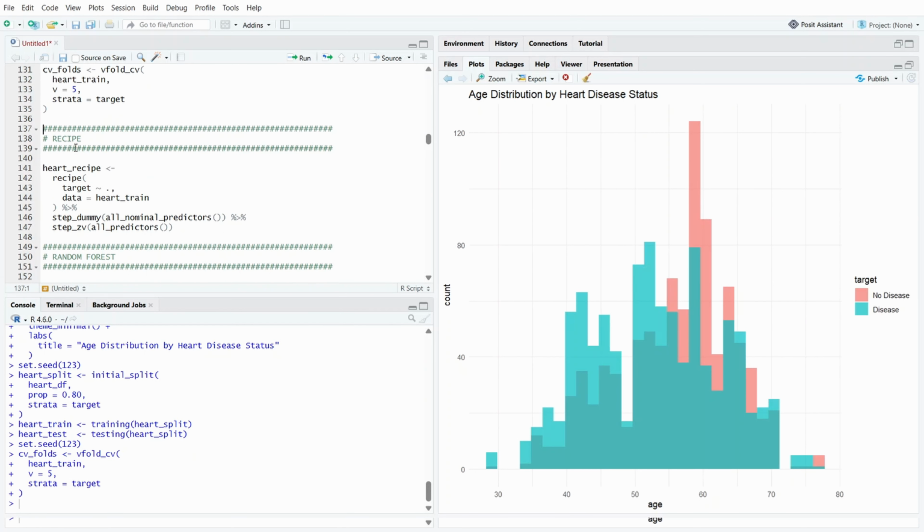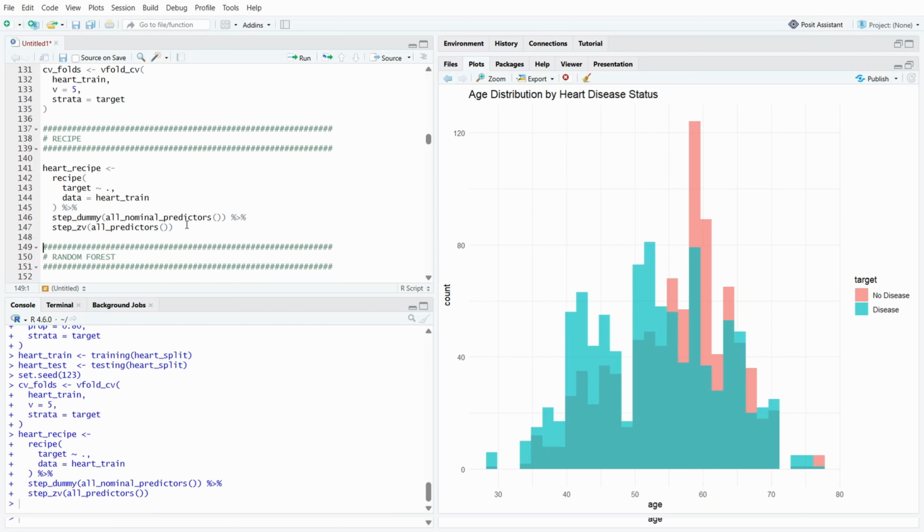Next, we prepare a modeling recipe that defines how the data should be pre-processed before fitting any predictive model. We specify that target is the outcome variable, and all other variables in the training set are used as predictors. We then apply dummy encoding to all nominal predictor variables. This step converts categorical variables into a numerical format by creating binary indicator variables, which allows most machine learning algorithms